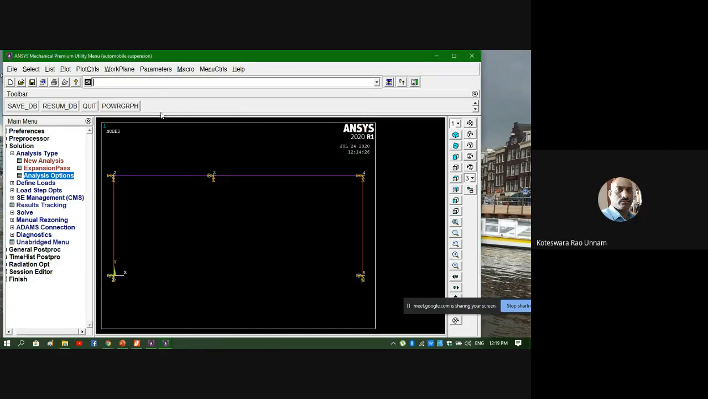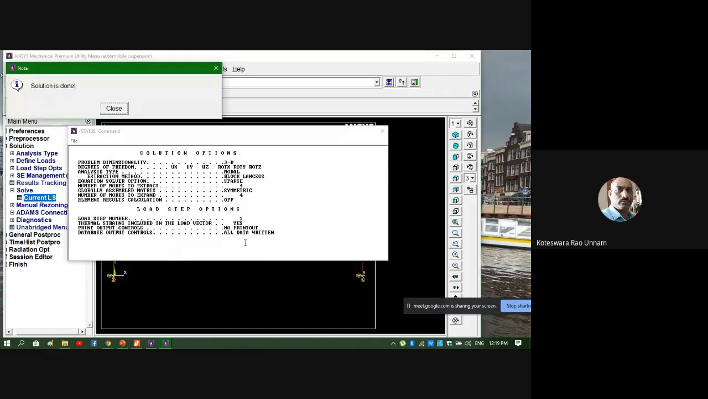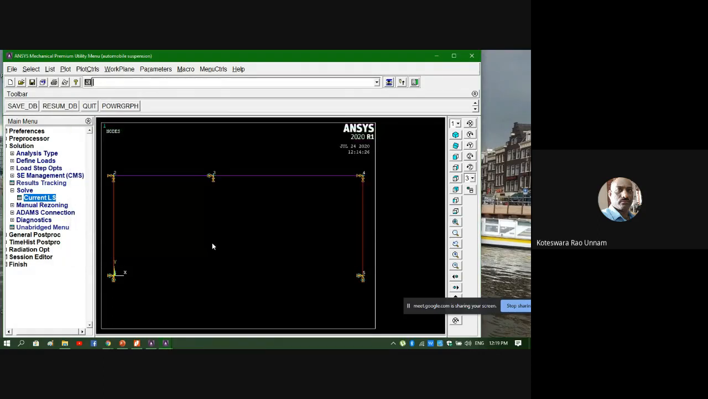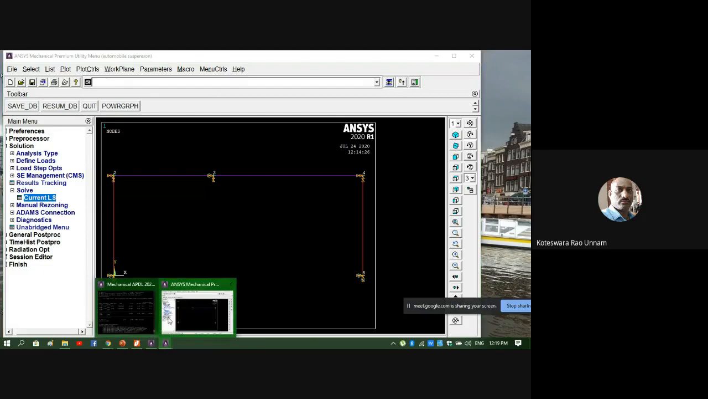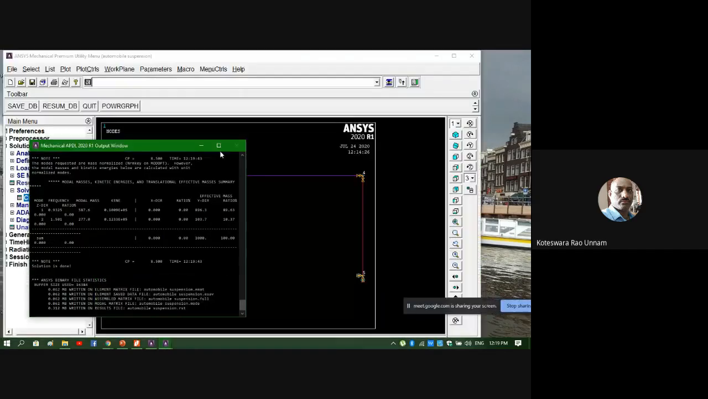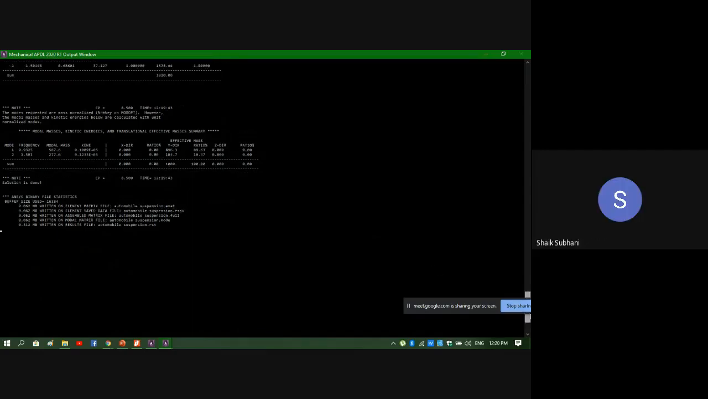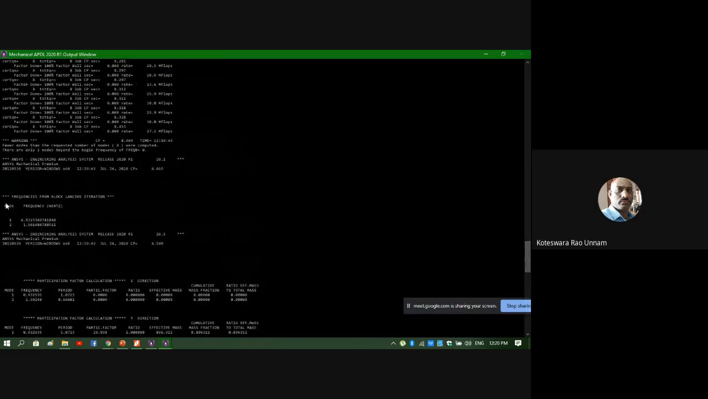Then keep this as default. Then go for solve current LS. Click OK. It will solve in a fraction of a second. So I'll close this. Now I want to check the frequency values. Here the frequency values are given in the output window. If you open the output window, see, is it visible to you? Yes, sir. Value is also visible? Yes, sir. Okay, you can see here mode frequency within the brackets. He has given the unit as